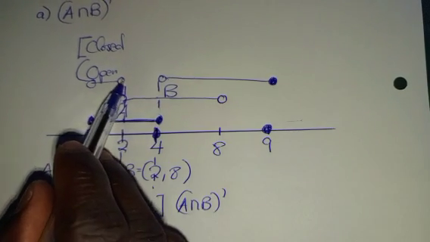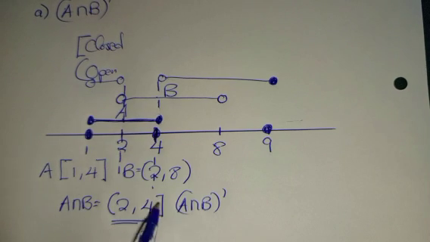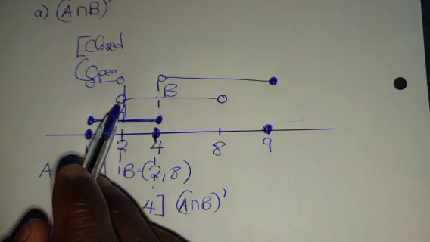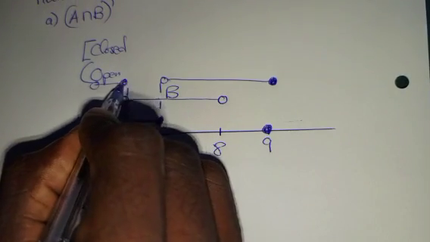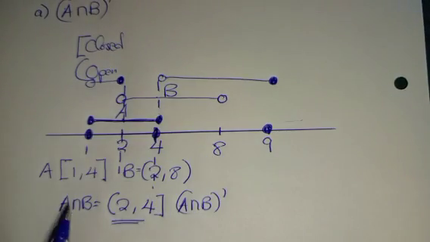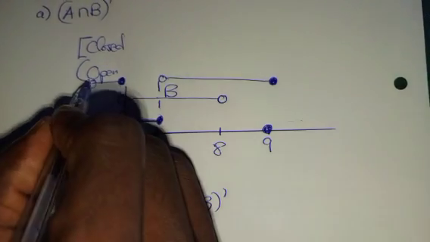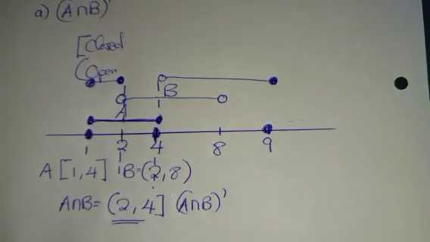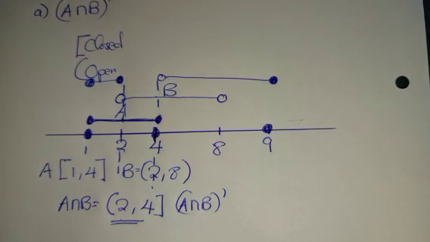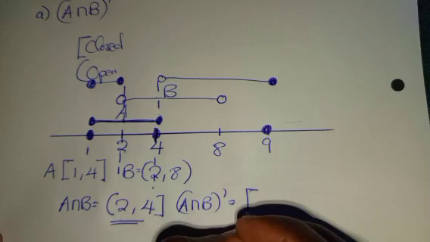And from here all the way to there, we will need to check, were these 2 present in the intersection of A and B? No, it wasn't. So we'll put a closed interval. Why? Because it needs to be present in the A intersection B complement. Then this one is present in the universal set, so it will also be present in the A intersection B complement. So our answer here is closed interval 1,